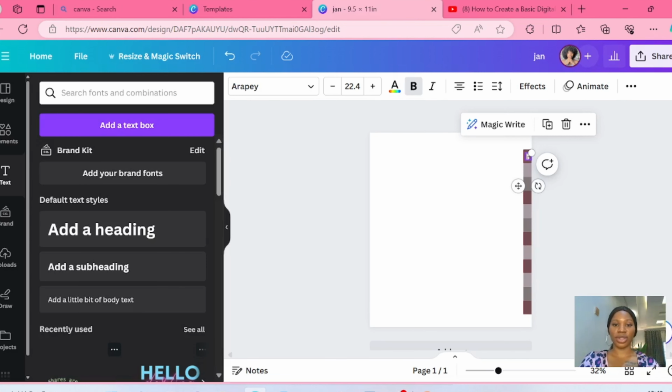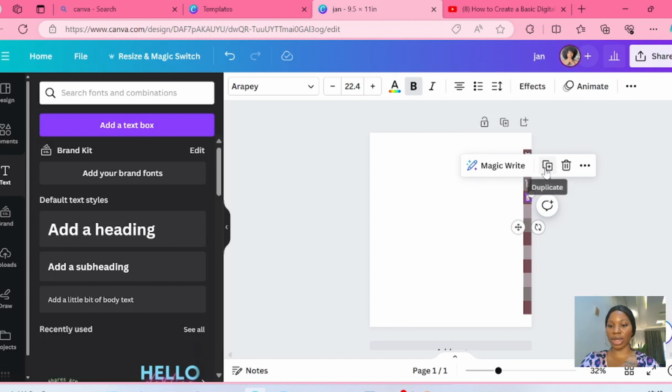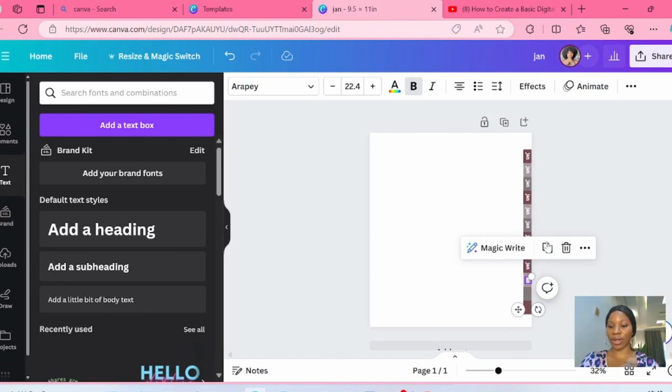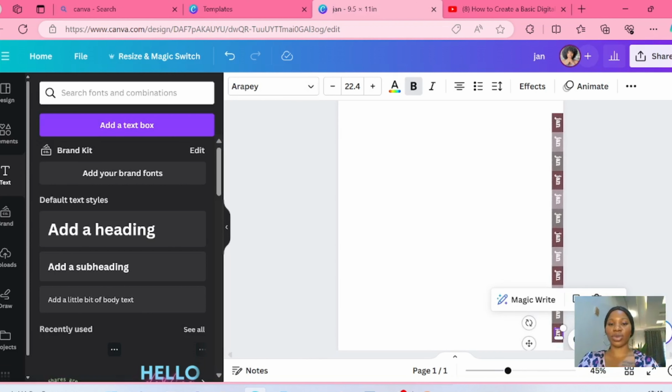We are not going to paste this January on every tab. So just click on this, duplicate the box and move it to the next tab. Do that again, and like I told you, Canva is going to automatically detect the pattern and start pasting it on every tab. So you see, you don't really have to do some things manually. Do you see that? So now what we have to do is edit this January and write